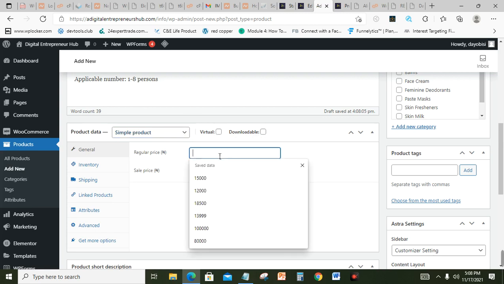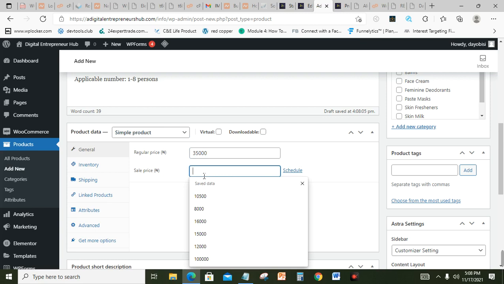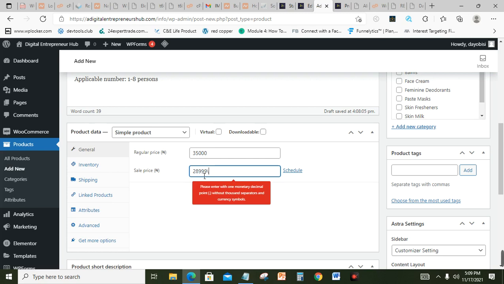So regular price is more like the old price. So this could be like 35,000. Then sale price is the actual price at which you are selling the product. So this could be like 28,999, or let's just put that as 28,500 right there. Now the next thing is